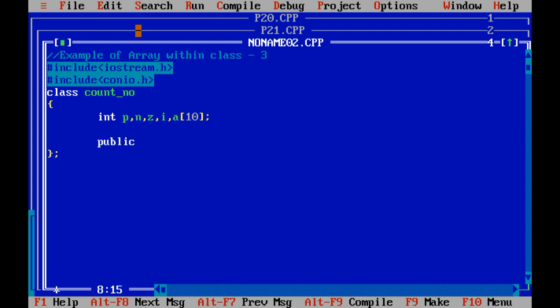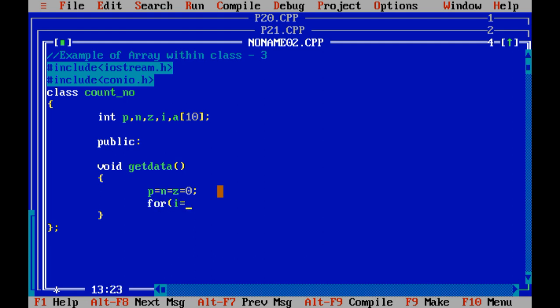Now public void get data, as I have told you that you cannot initialize the value of variable at the time of declaration within the class. So I need to initialize it in the function, or we can say inside the method. So p, n and z equals to 0. That means all the three variables contain the initial value 0.